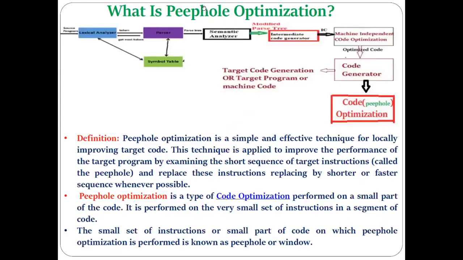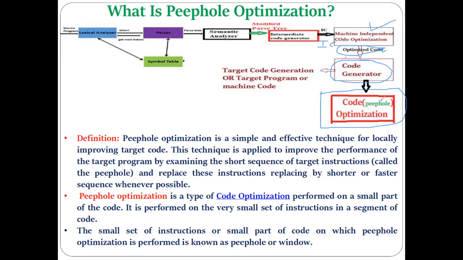Okay, so you can observe these things in these diagrams also. You can see this is the machine independent optimization. Already we have seen local optimization, global optimization, and loop optimization, and these get performed on the intermediate code that this optimization phase receives from its previous phase and generates the optimized code. Then, using this optimized code, the code generation happens using the code generator, which we discussed in the previous lecture. And this is our today's point of discussion, the code optimization after the code generation.